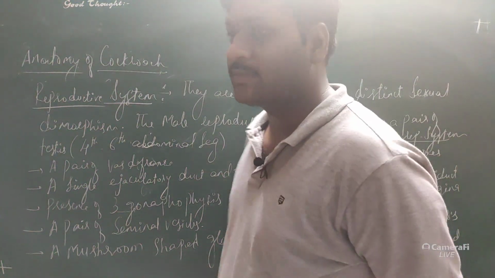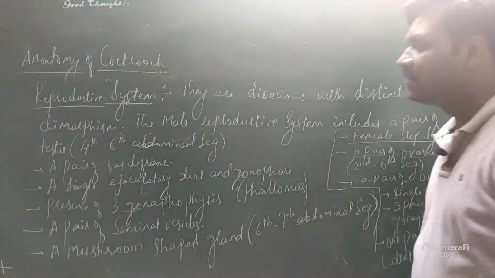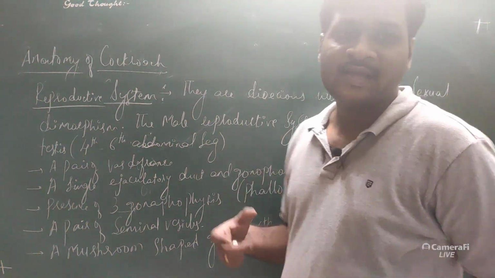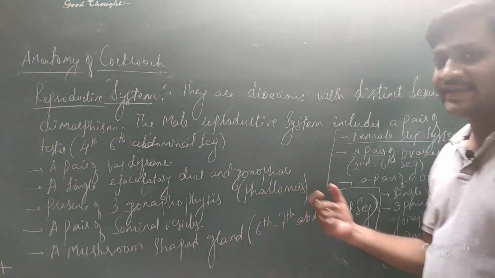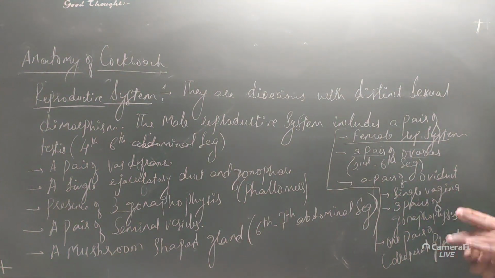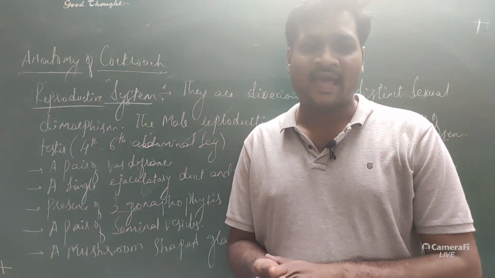Later we discussed the morphology and anatomy of the earthworm. Morphology explains the external features of the earthworm, and anatomy explains the study of internal organs. The same applies to the cockroach, the morphology as well as the anatomy. So students, this is the end of this chapter, structural organization in animals.